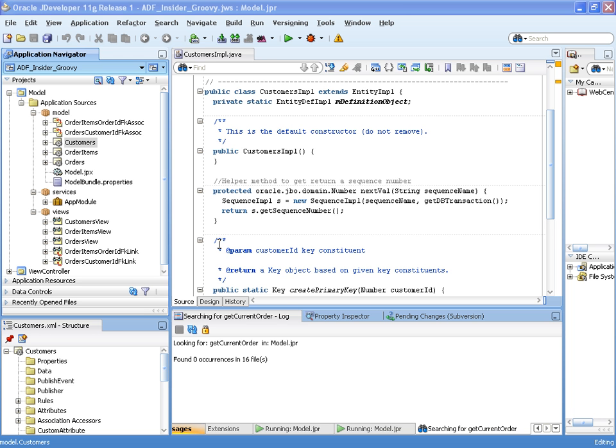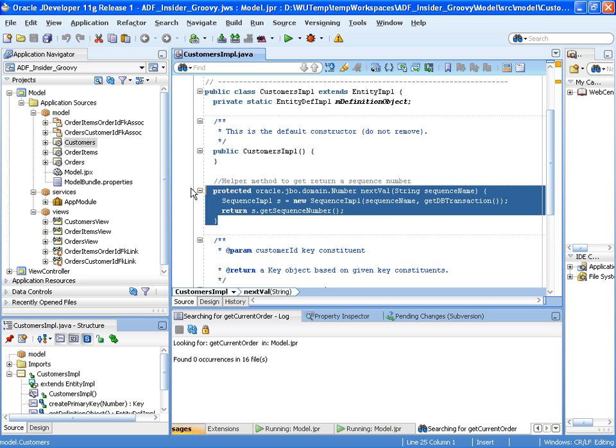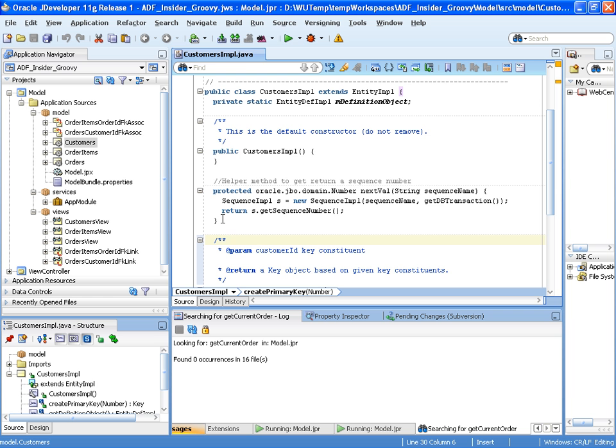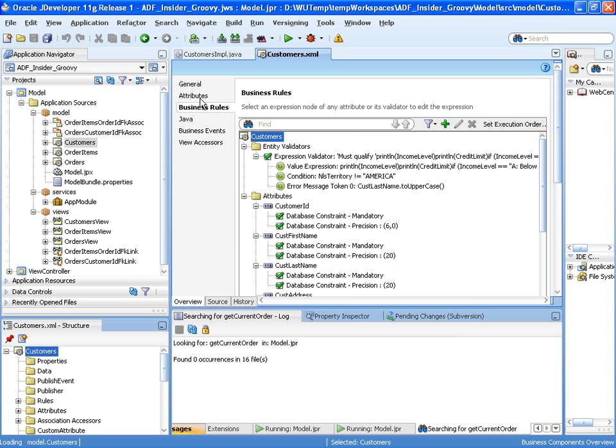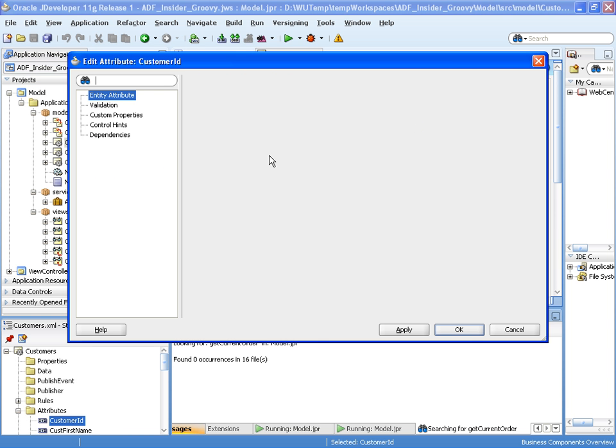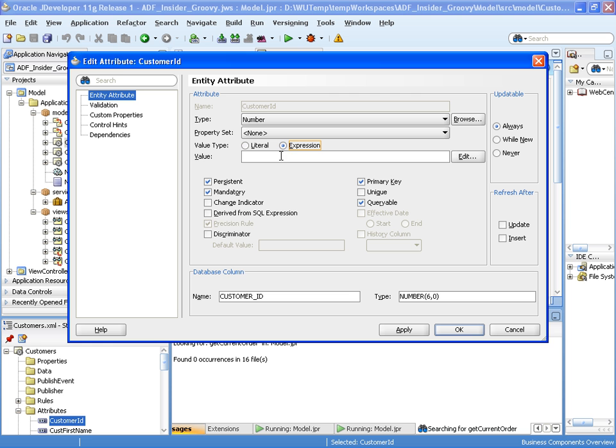So in this example, we've created a helper method, and this method called nixVal returns the next value in a sequence that's passed in as a parameter. And I've added this helper method to the customer's info Java file. So now what I'm going to do is go to the attribute for customer ID, and the default value for a new customer should call that expression. So to call that expression using Groovy,